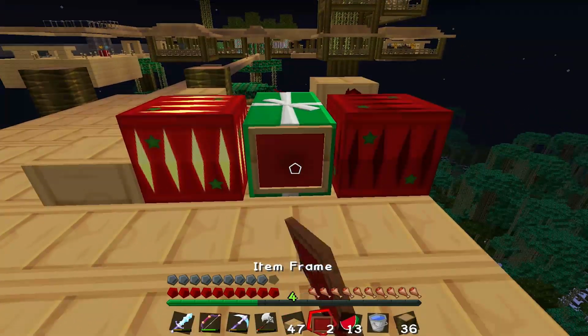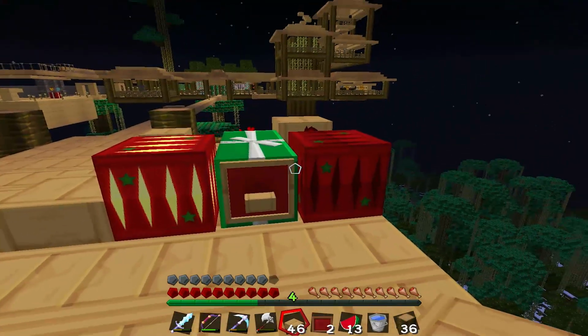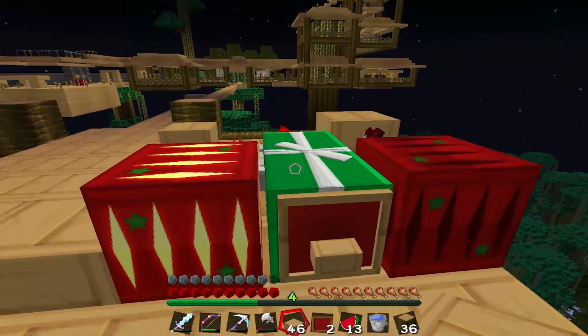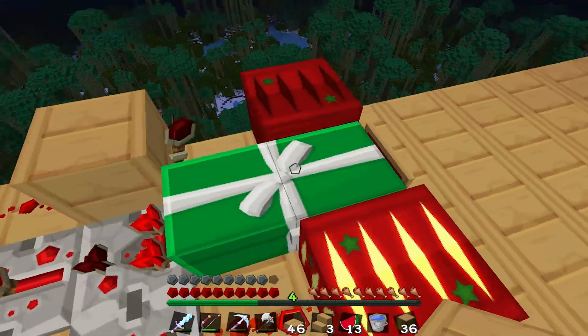So basically, this isn't anything you haven't seen before. You put an item frame, and there's wood slabs in this one, and the one above it is something else. Now, the trick to this that I've learned is that they need a transparent block above them to open, but I wanted it to look like